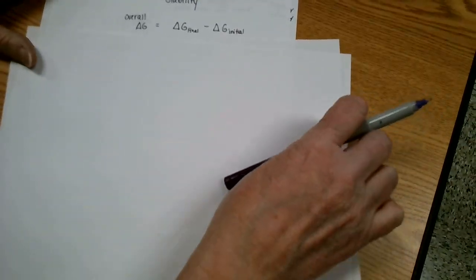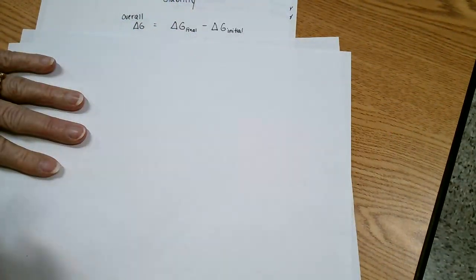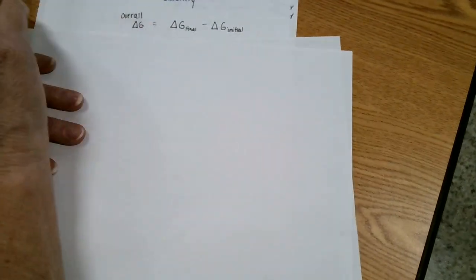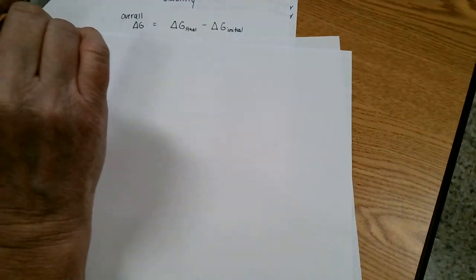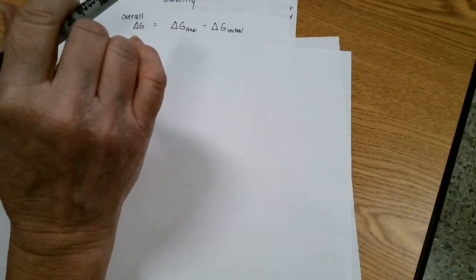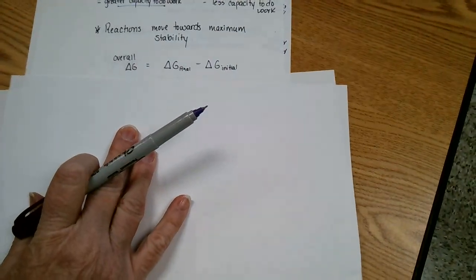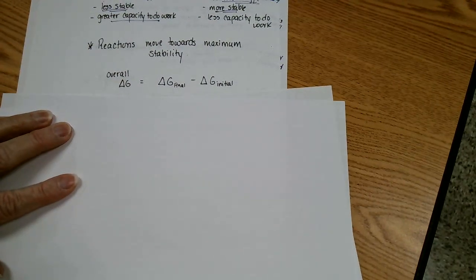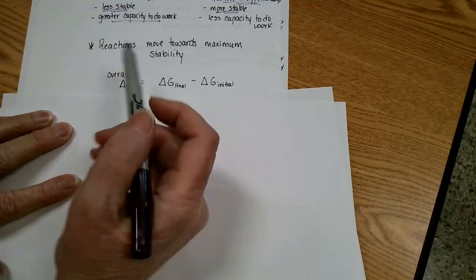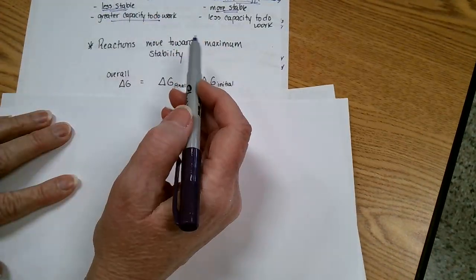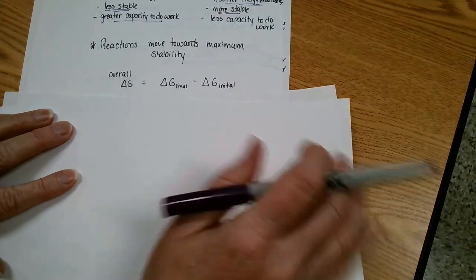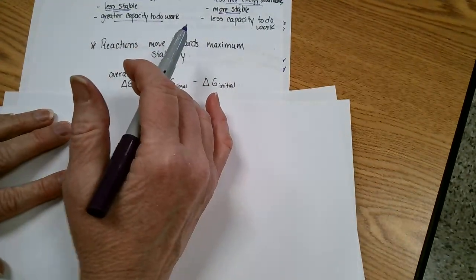So, overall, let's finish this up, hopefully, and I'm not going to be able to. Reactions want to move towards maximum stability. That's why we break down glucose and then our bodies are satisfied. Reactions move towards maximum stability. That's what they want to do. And overall, we got to look at the delta G. We got to look at the final minus the initial to get the overall delta G of this. All right. And I'm going to